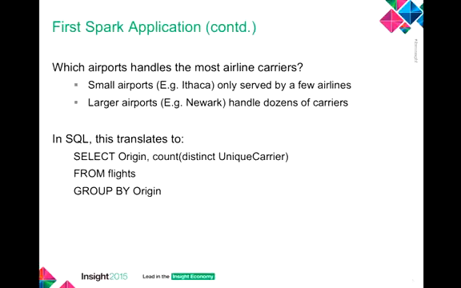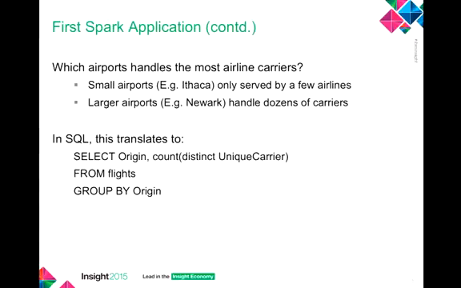So that's my question. And those of you who know SQL would immediately be able to translate it into that query in your mind. So from my database, a data set called flights, I'm grouping by the origin airport, and for each origin I want a distinct number of airlines. Okay? So this is my application. We will go through the guts of Spark with this. But before we do that,